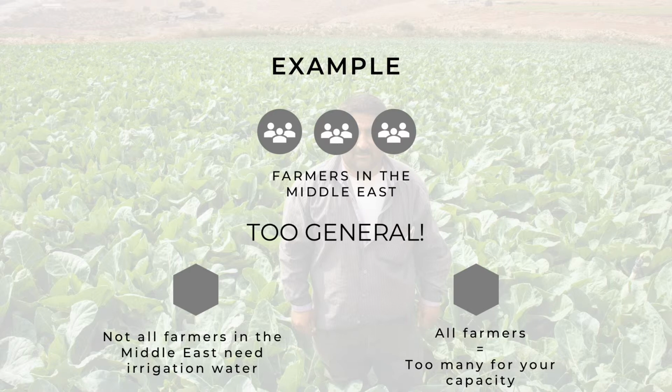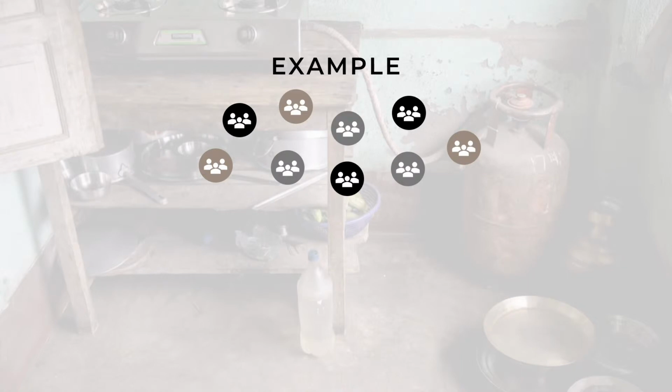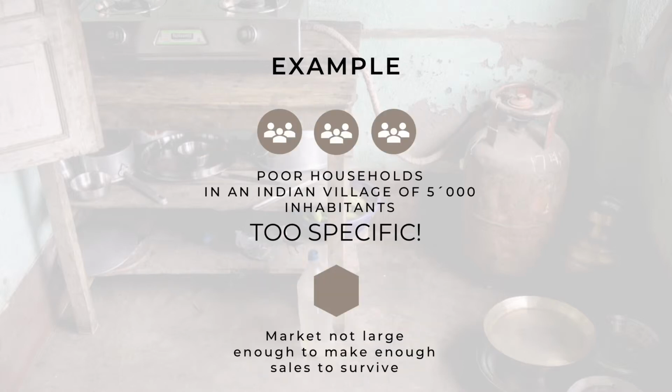Think of your capacity. You're a startup with limited resources, and in the first 10 years of operation, you will likely not be able to conquer the whole market in the Middle East. Having said that, being too specific is also not a good idea. If you're selling biogas for cooking and you define your market segment as the poor households living in a specific Indian village with 5,000 inhabitants, then your potential market is probably not large enough to make enough sales to survive